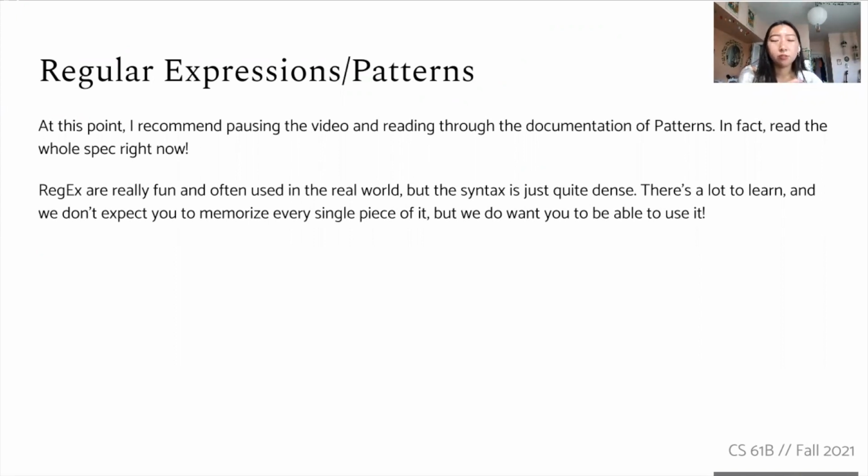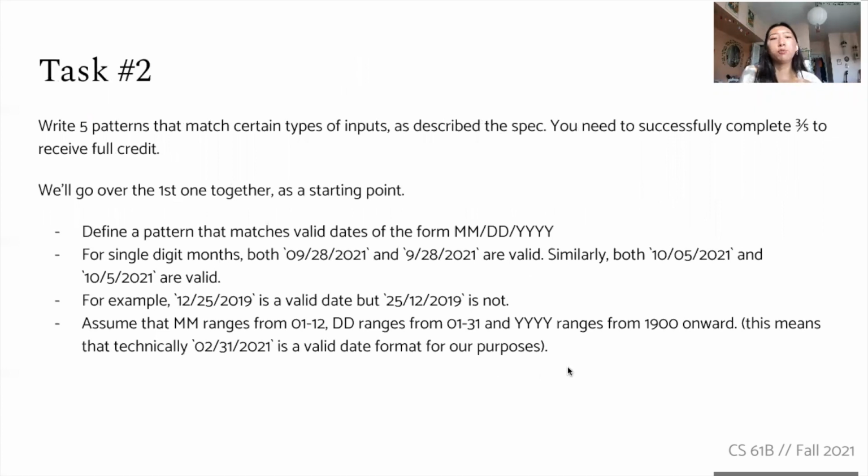So the programming task is basically to write 5 patterns that might match certain types of inputs as described in the spec. You only need to do 3 out of 5 of them to receive full credit, and we're actually going to go over the first one together as a starting point for you to do the rest of the assignment. And so the first pattern that they give you in the spec to try and match is